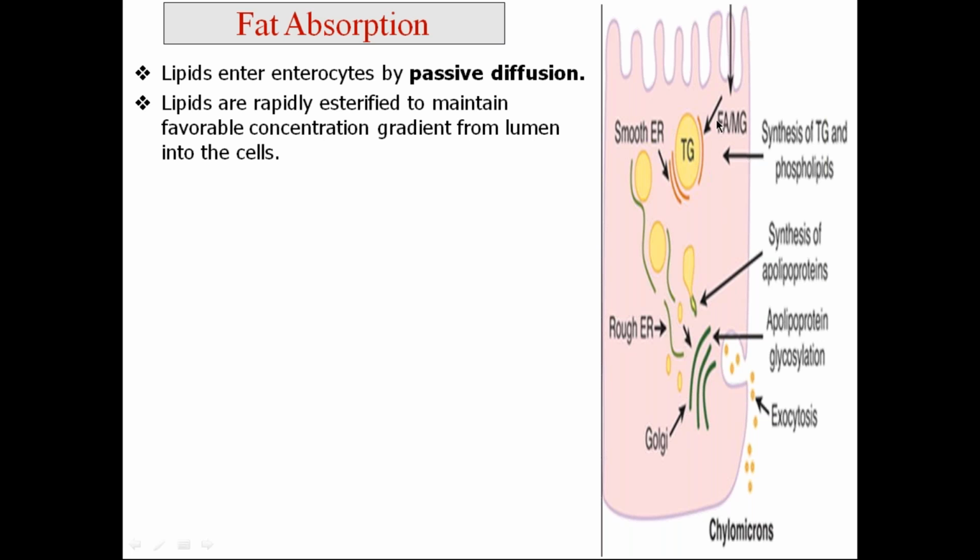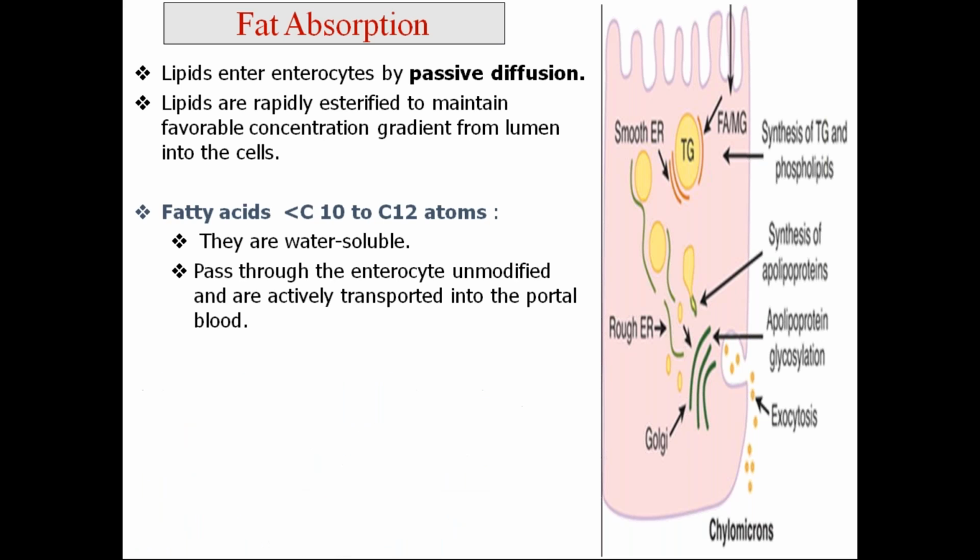ठीक है, तो जैसे ही ये एंटर करेगा स्मूथ एंडोप्लाज्मिक रेटिकुलम में, इसका फिर से रीएस्टेरिफिकेशन हो जाएगा और वो फिर से ट्राइग्लिसराइड्स बन जाएंगे। तो उससे क्या होगा कि फ्री फैटी एसिड फिर फ्लो कर सकता है अंदर की तरफ। फैटी एसिड्स लेस देन